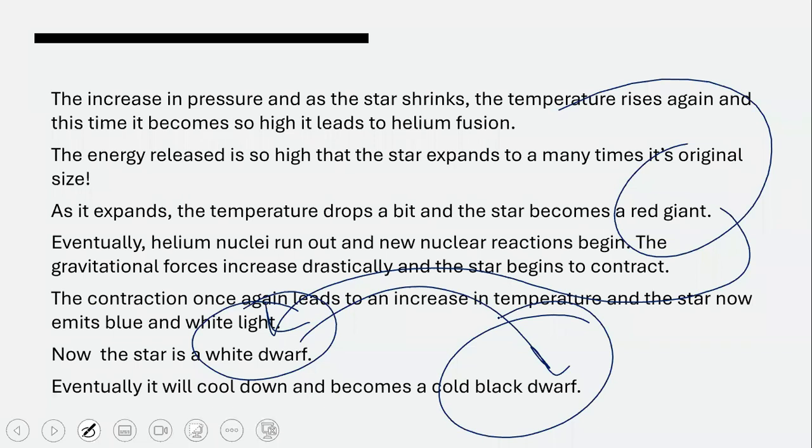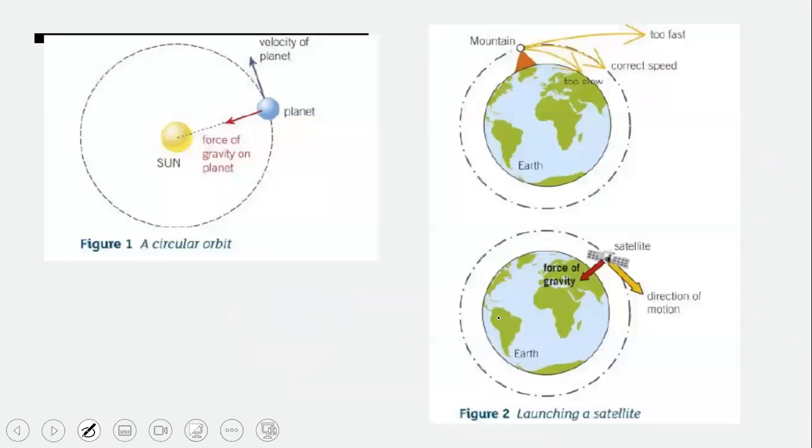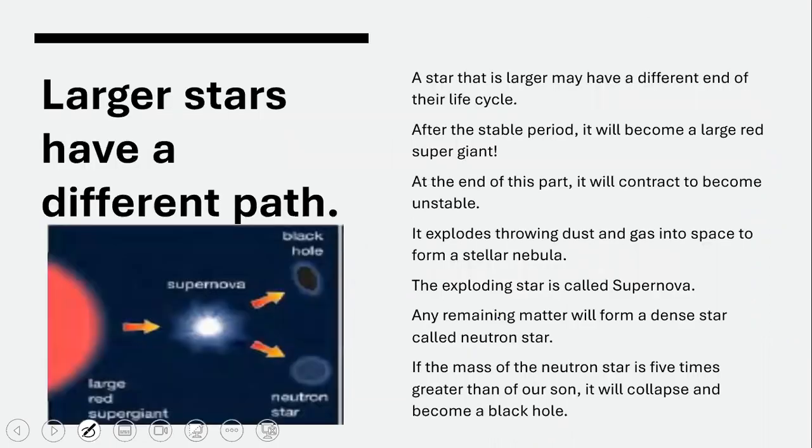Now, when we talk about what happens after this, after it turns into a cold black dwarf, I said a planet, I'm sorry. What happens when it turns into a cold black dwarf? What happens to the star also depends upon the size of